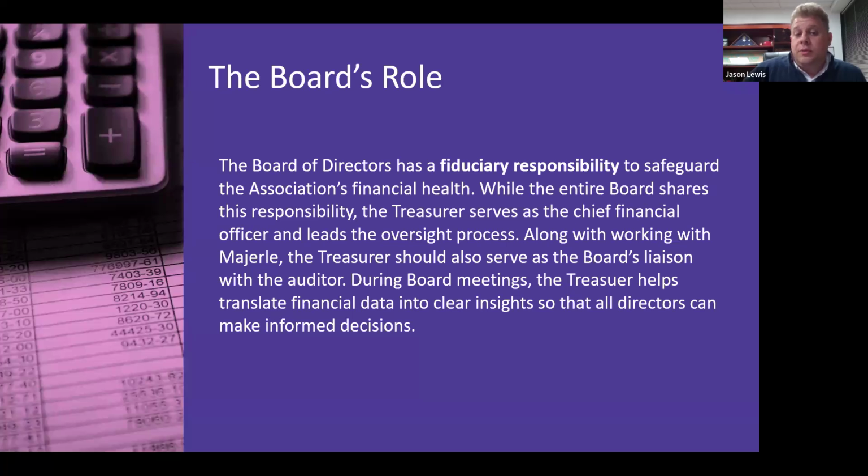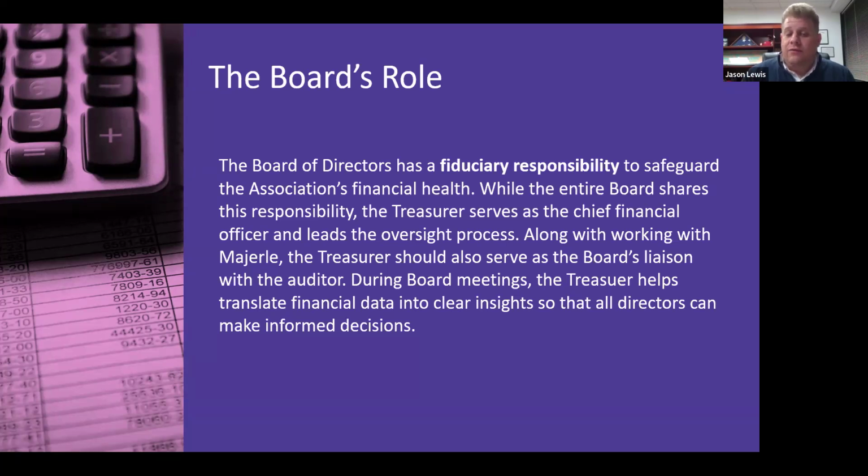Your treasurer also will typically serve as the liaison with management on questions. So they're typically the first stop, which is to talk to the community manager. The community manager is getting those financials, they are receiving them, they should be familiar, they should be able to explain variances, talk about the balance. If they are in need of support, they are the ones who will work with the different departments that we have in order to get answers, or maybe they need to set up a call perhaps with Majerle to go over some information. But we'd recommend starting with the community manager with those questions, let them work on your behalf